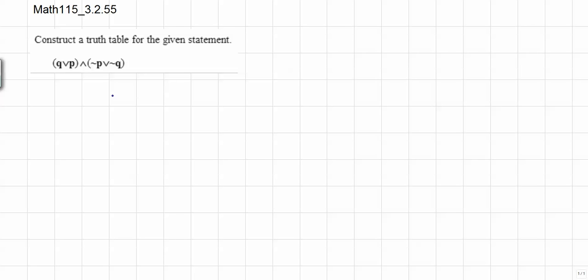Alright, for this one we're going to construct a truth table for the given statement. The given statement will be read as the quantity Q or P, and this is going to be an and, and this will be the quantity not P or not Q. So let's write that down. We're going to have Q or P